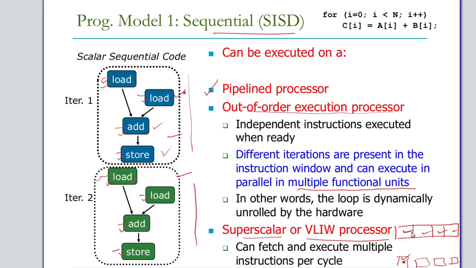So if we are giving 4 instructions like load A1, load A2, load A3, load A4, at a time we can load 4 data. In the next clock cycle, load B, load B, load B, load B, and then add. So at a time we will be able to perform 4 operations, if we want 4 different data, 4 different iterations.